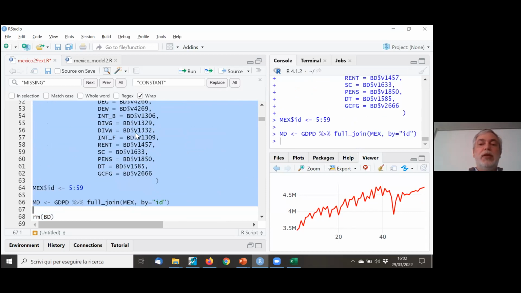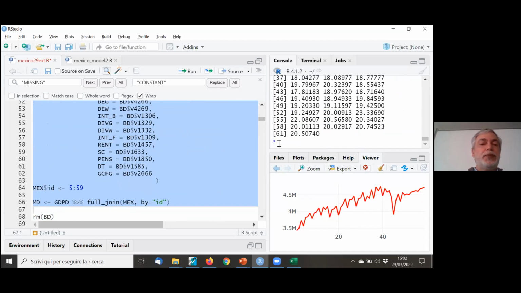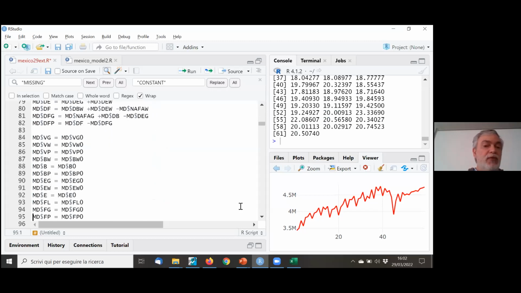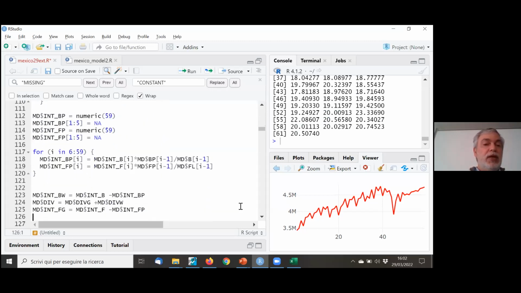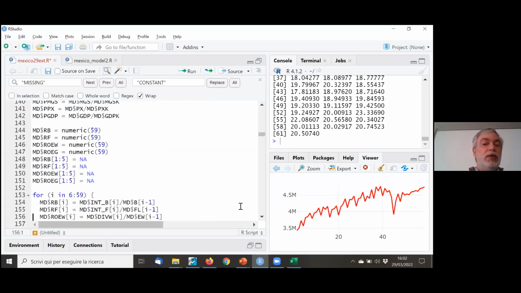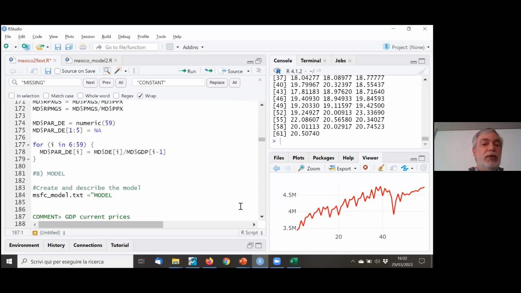Okay, so let's see whether we have XR. Now we do have XR. Okay, so everything is okay up to here, and here we are defining our model variables. So I think it's safer to move to the bottom before we start with the model and add here